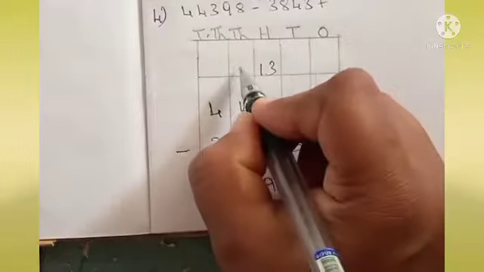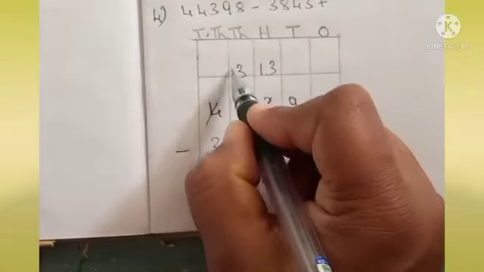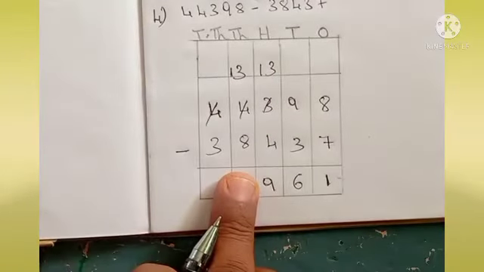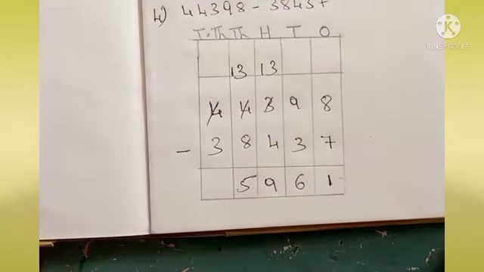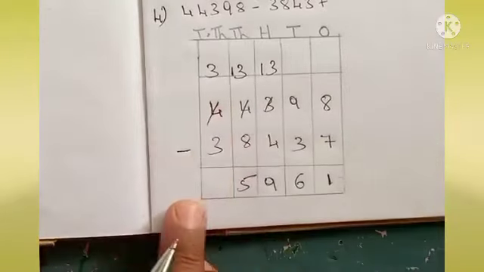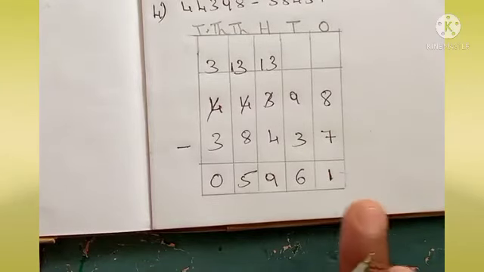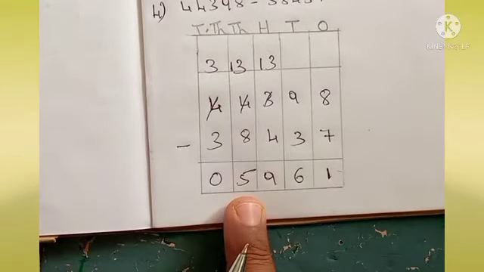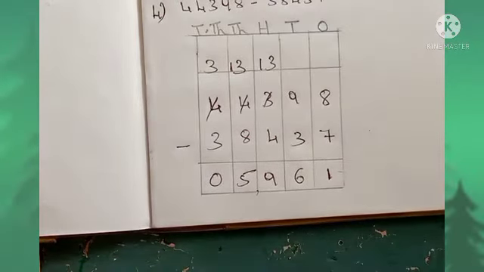How much is remaining here? 3 is remaining. In 3 can you minus 8? No. What you should do? Borrow 1 from here. This will become 13. 13 minus 8, how much? Yes, 5 we will get. How much? 5. See? Yes, correct. Now how much is remaining here? 3 is remaining. In 3, if you subtract 3, how much remains here? 0. So what will be the difference, dear children? 5,961. Okay? 5,961 will be the difference. Okay?